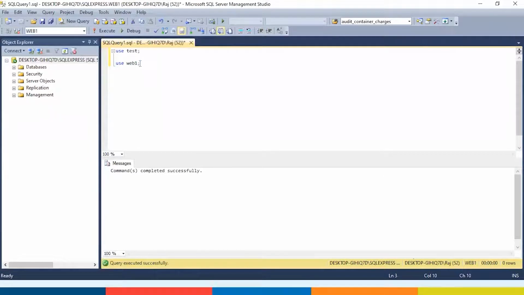So let us create a function which will accept two numbers and will give the sum of those two numbers. To create a function, I will say create function.